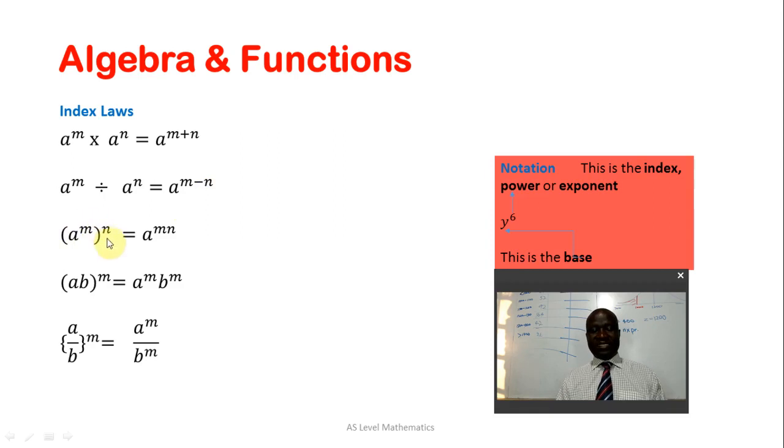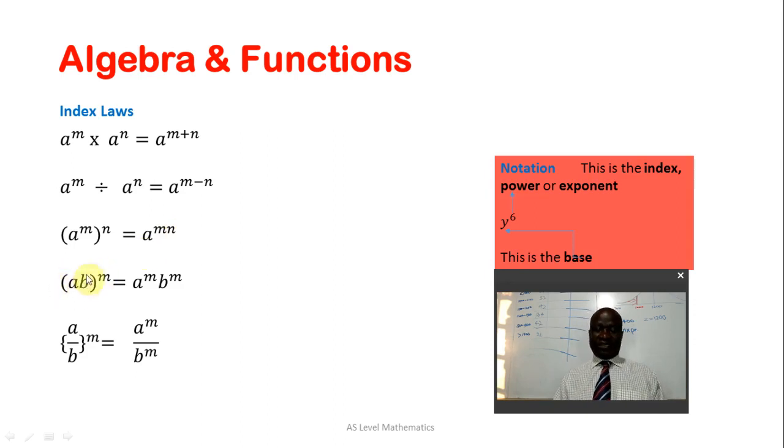Third law is law of association. So you'll find that the power is outside of a number raised to a particular power. This is A to the power of n multiplied by itself n times. So we simply multiply m and n to give us A power mn. So all this we are going to follow with mathematical examples to make it a little bit easier within the next few minutes.